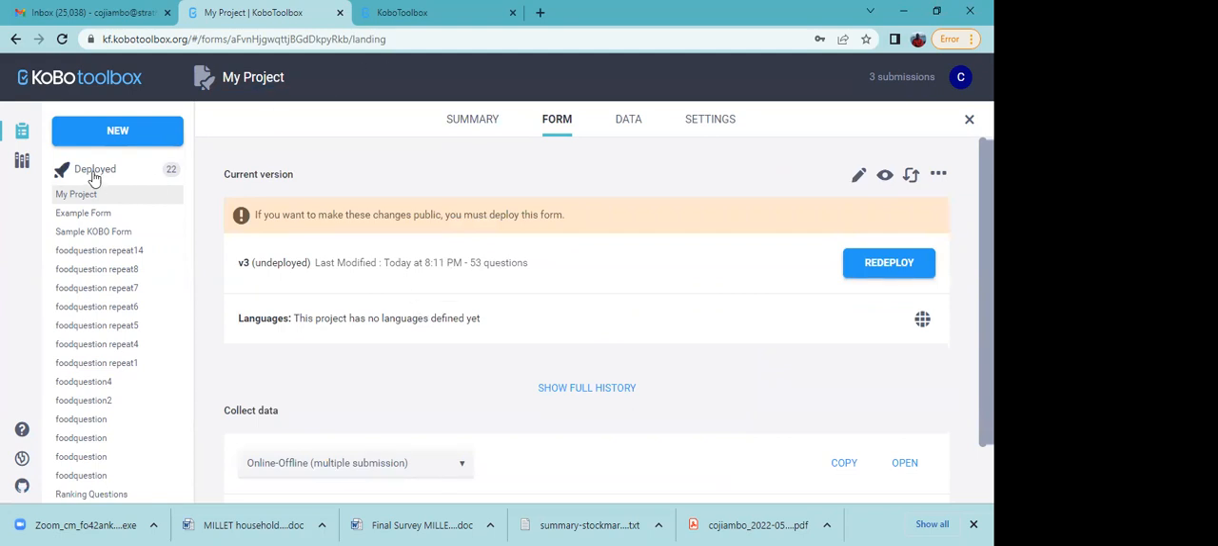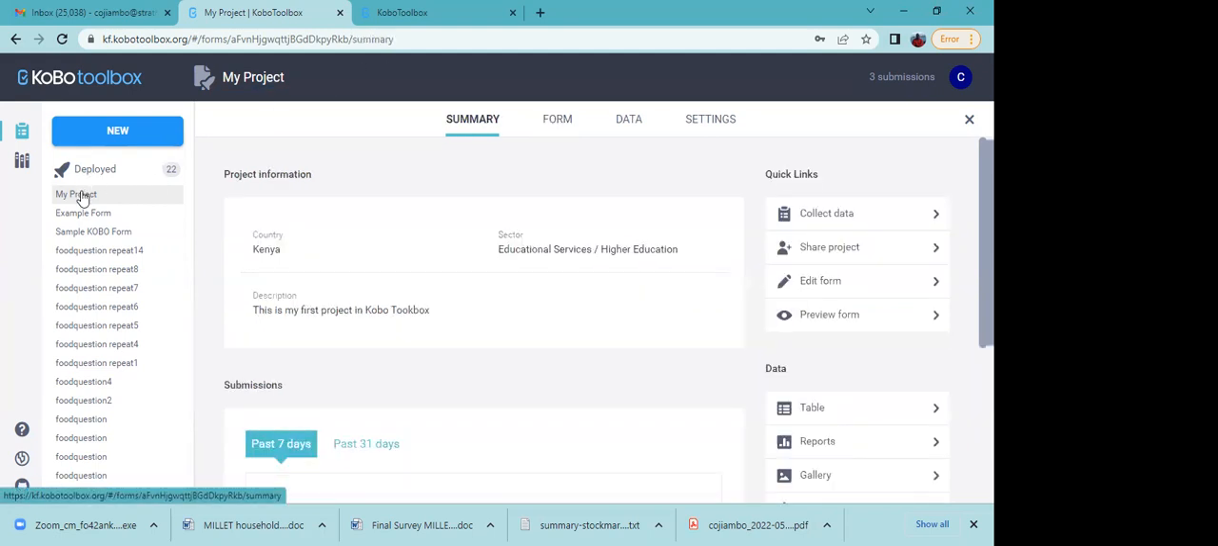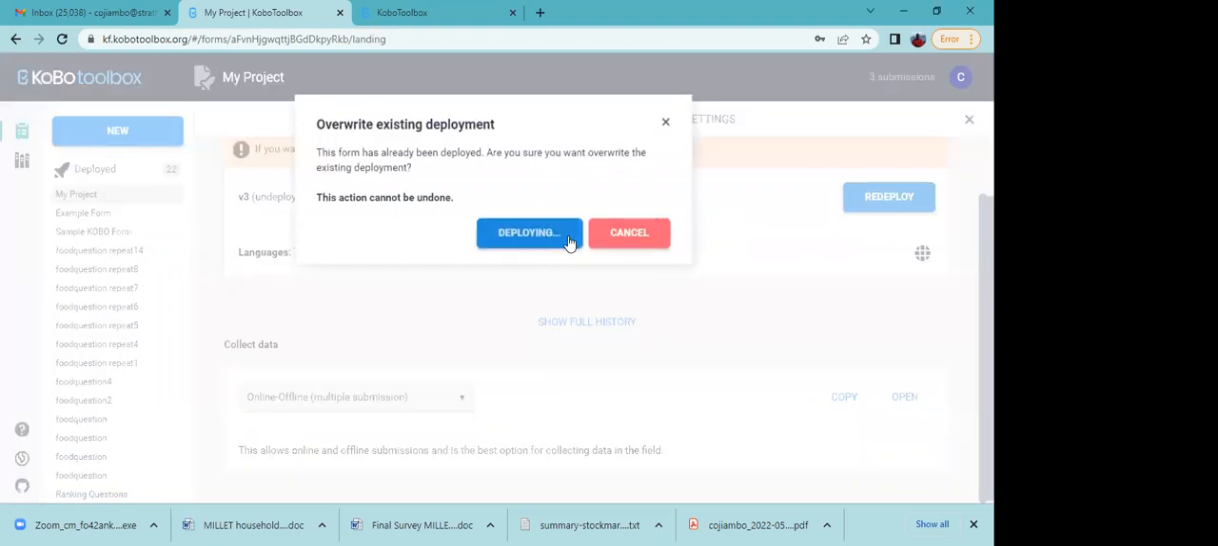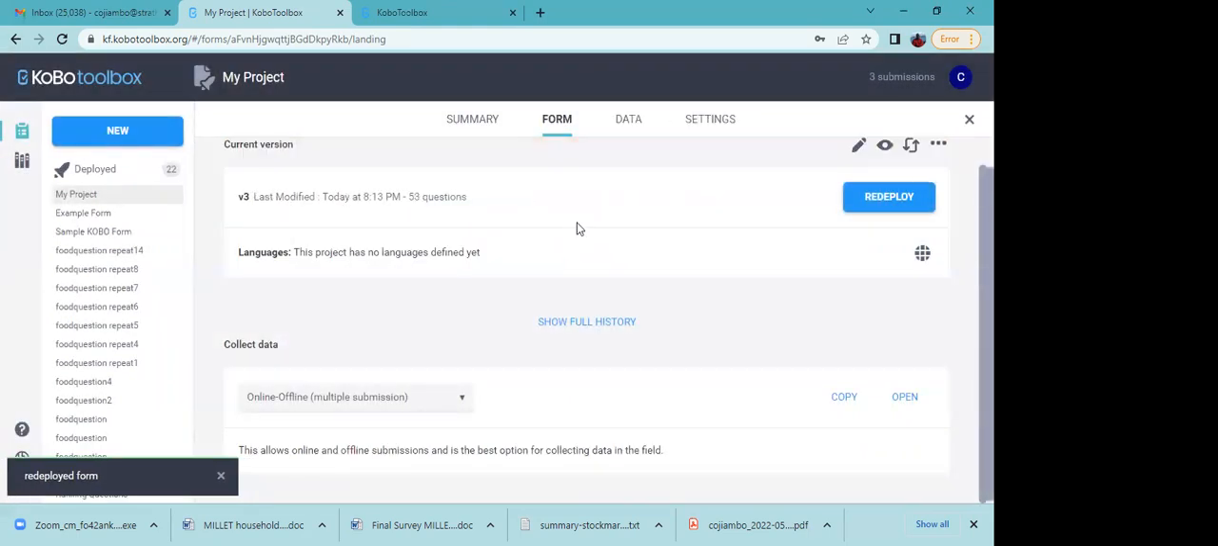So come back to the main interface here and click on form. And then just click on redeploy. And for those for whom it's their first time, you just need to click on